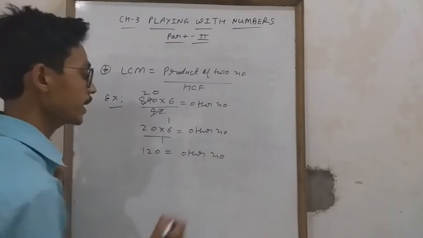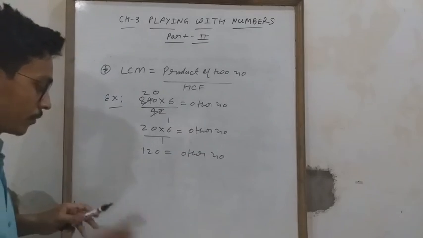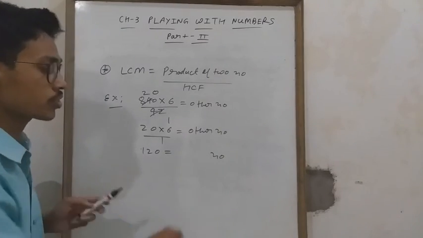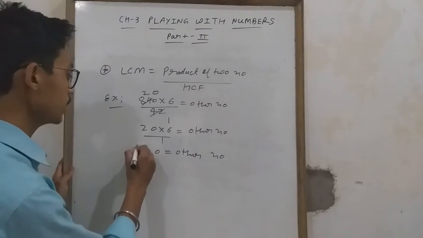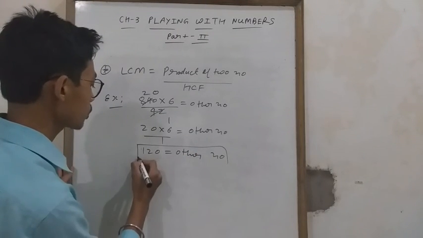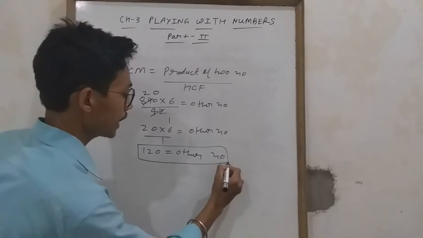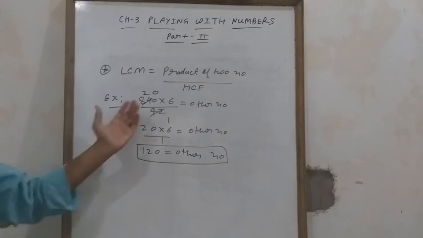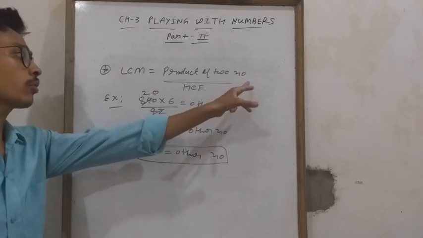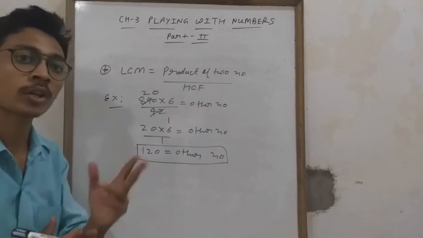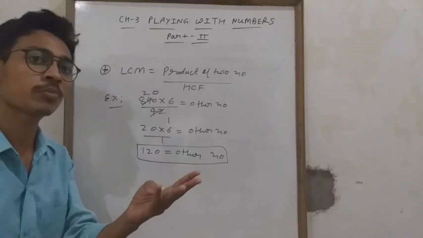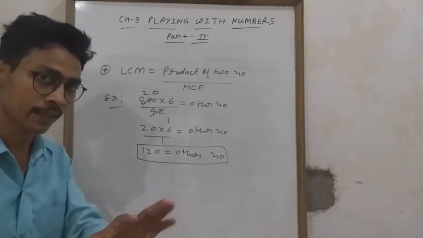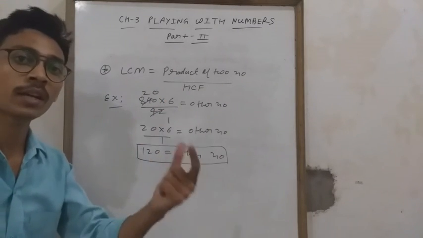See student, this is very easy. Okay. When you do practice now, you will do this question in less than 1 minute. You are able to do this question. Only your focus should be on the question and what is given first. You will write down what is given. See everyone, this is very easy. LCM equal to product of two numbers upon HCF. Product of two numbers means N1 into N2 or A1 into A2, B1 into B2, anything you can take, but also you can write one number into the other number.